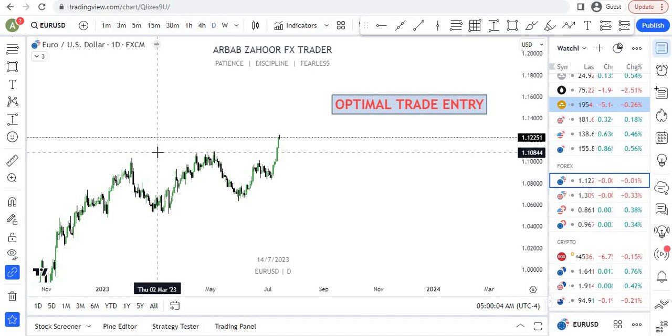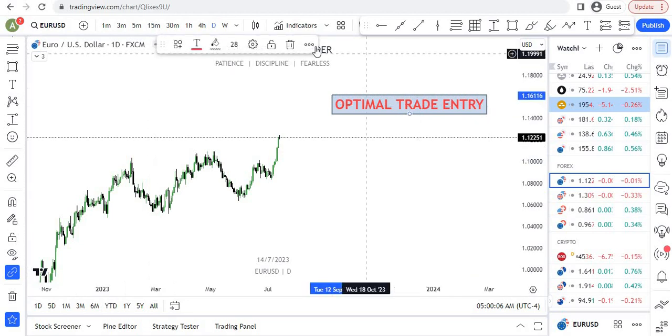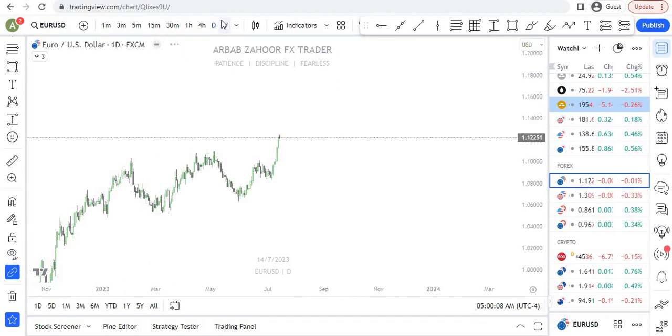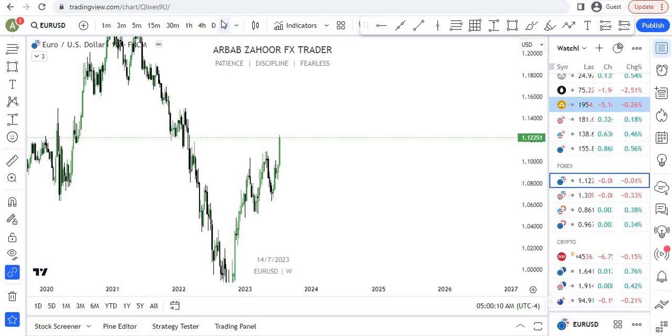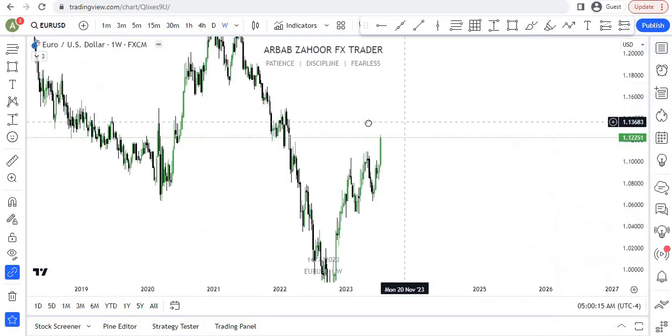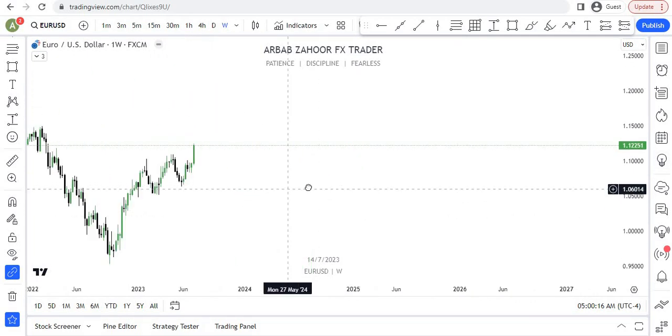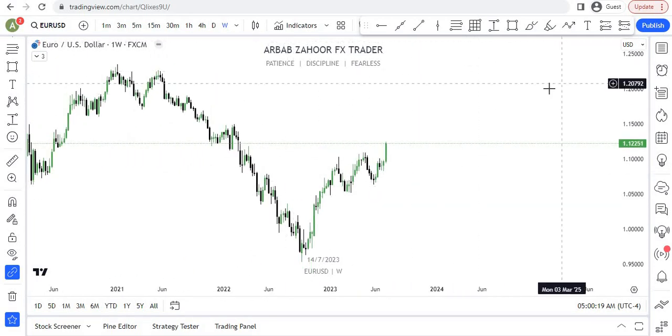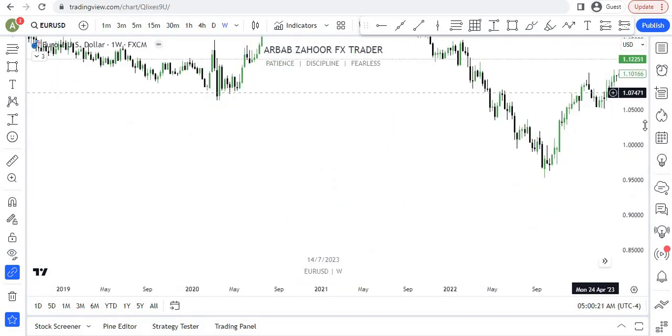Remember that point. So what you have to do: first go to the weekly time frame of EUR/USD, GBP/USD, any good pairs. Remember that point. Then you have to find out the recent price action. What is the recent price action? If we see in the weekly,